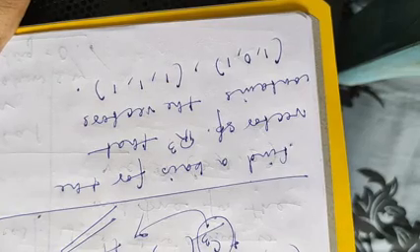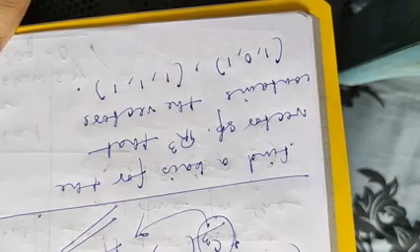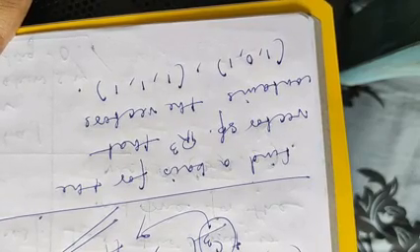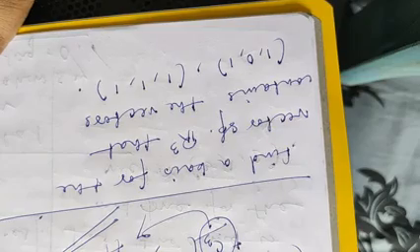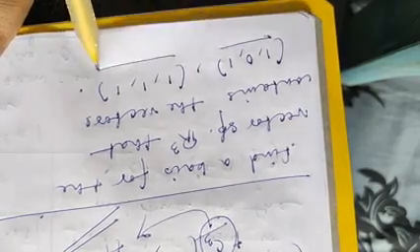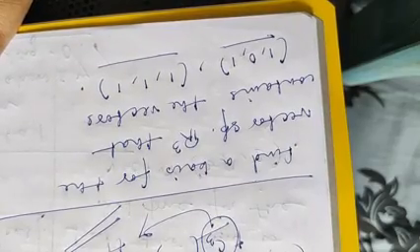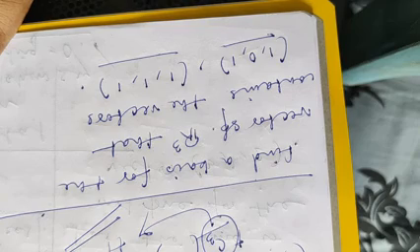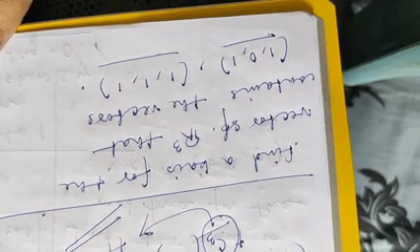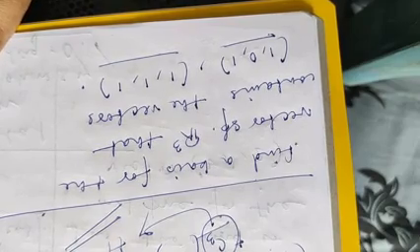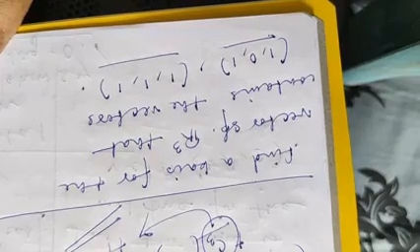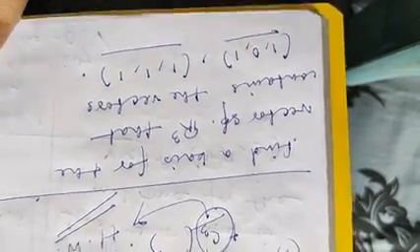Now check R cube, that means its dimension is 3. So any basis of R cube contains exactly 3 elements, and here it is given this and this. So we take the first vector as alpha 1 and the second vector as alpha 2. Then we need to find another vector alpha 3 such that alpha 1, alpha 2, alpha 3 becomes a basis. Right?